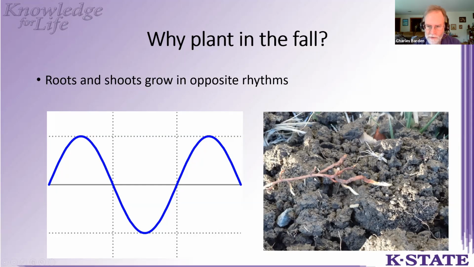This root we see on the right-hand side was from a tree I transplanted in my yard a couple of years ago. As I was root pruning it, I took off a piece, and you see all these little white tips of the new root growth. This was in the middle of October and had nice, fresh, new root growth, these tender white tips on the tips of all these roots. And it's the white root tips that are actually best at absorbing nutrients. About the only thing that can absorb water in the soil is these white growing root tips. So if you have a good amount of new roots growing actively, you can get that tree established much more easily.